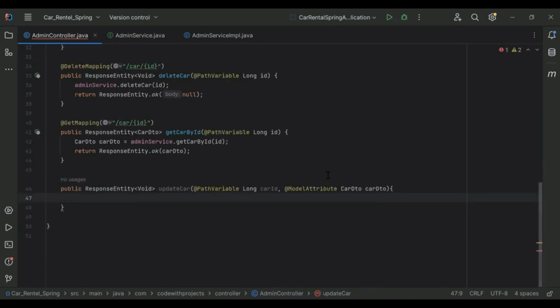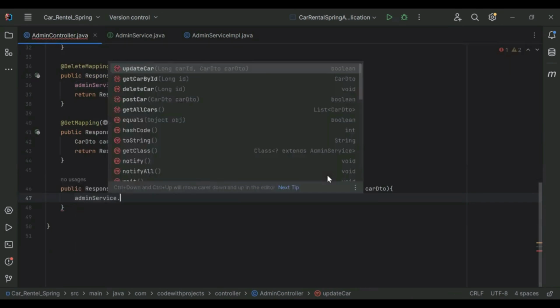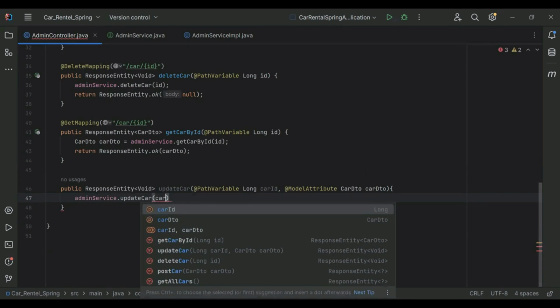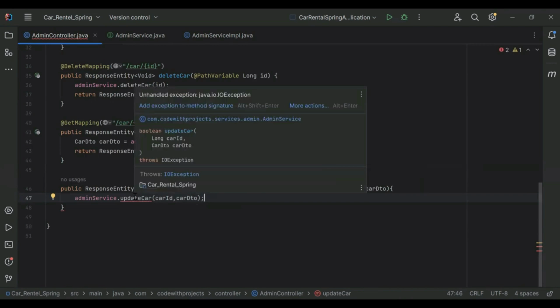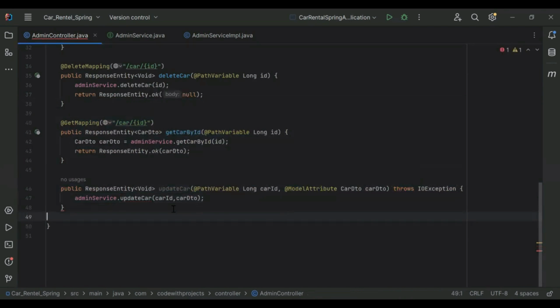In this method, we need to call the method from our admin service, that is updateCar, and here we pass carId, and second we pass carDTO. Let me add the exception to the method signature. Here I'm going to create a variable, boolean success. In this variable, we save the response of this method.